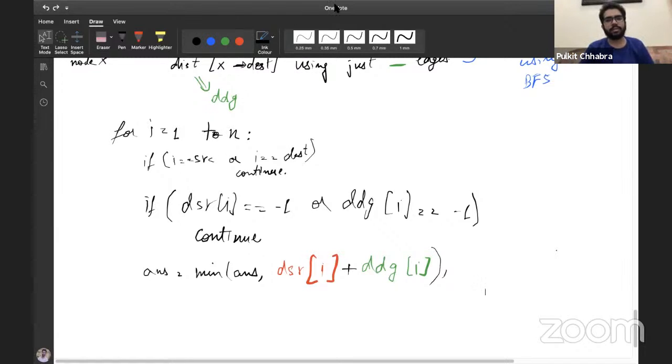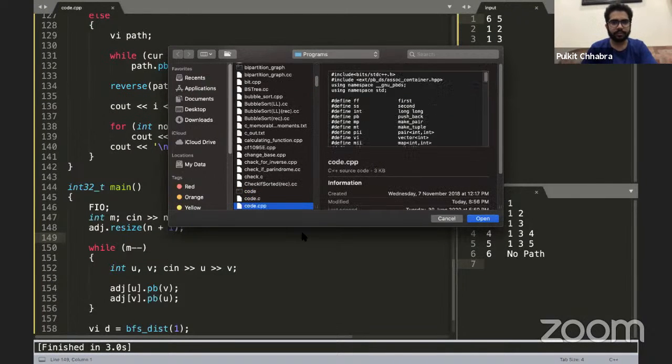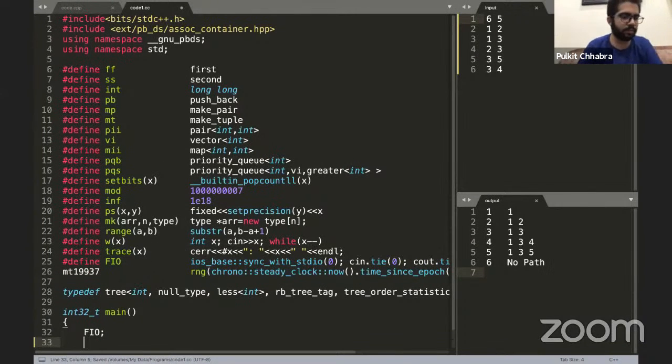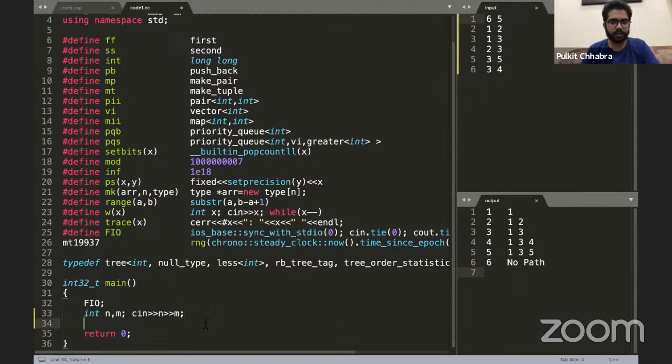All right. So I'll now just simply go to Sublime. Let me just open another file, and I'll quickly code it out. Try to be alert and follow me. The standard thing, n comma m, the number of nodes and number of edges.